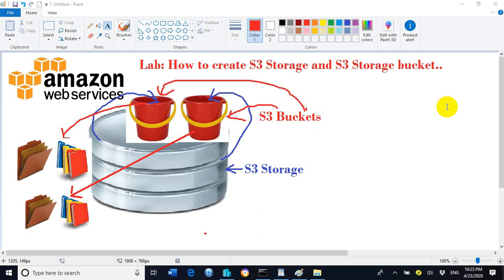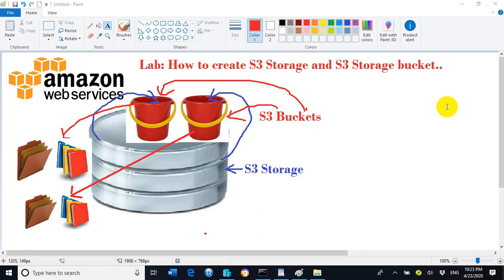A bucket is a location, a kind of container, in which we can store any kind of object or information. For example, a music file, video file, document file, picture file, or folder. So any kind of object we can save inside the bucket.